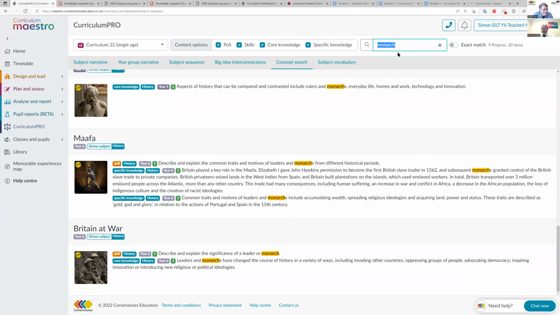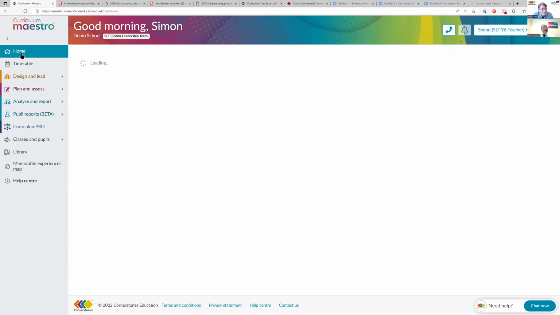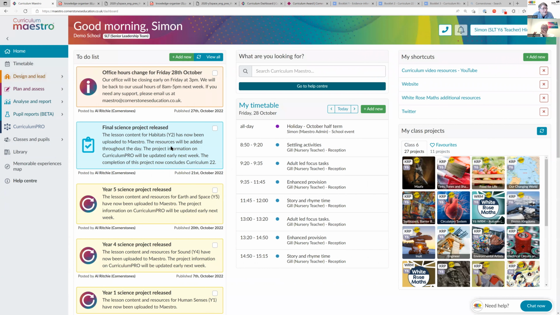Yes, and it's particularly valuable for a school because they can reflect their particular context within this curriculum, add their own resources, as you said, and I think there's an opportunity to import what they've already done in terms of curriculum planning. Is that right? That's correct. They can build their own curriculum on it. There's a curriculum builder, so they can actually say, well, we've got a fantastic project. They can build it onto Maestro, so then they get all that functionality that they can do with it once they've built it on there.